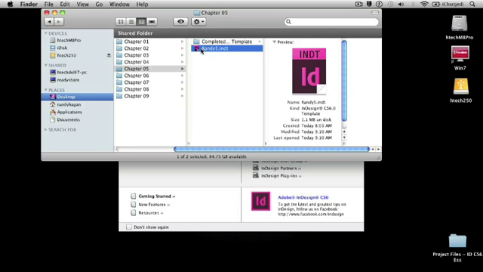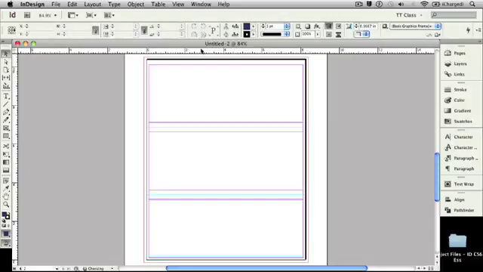I'm going to double click on this, and when I do, it's going to create a brand new document. In this case, as you can see, named Untitled followed by whatever number sequence you're working with. So the template has opened and it's created a brand new untitled file. That's what an InDesign template does. It allows you to create copies of the original file to work with to build new InDesign documents without messing